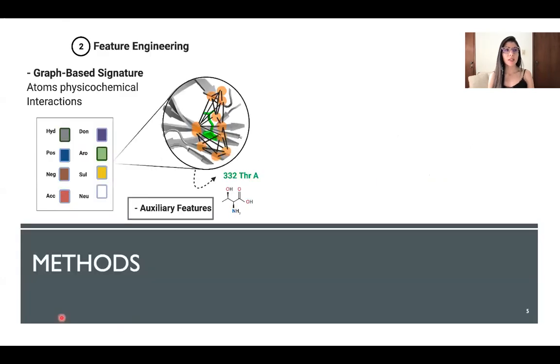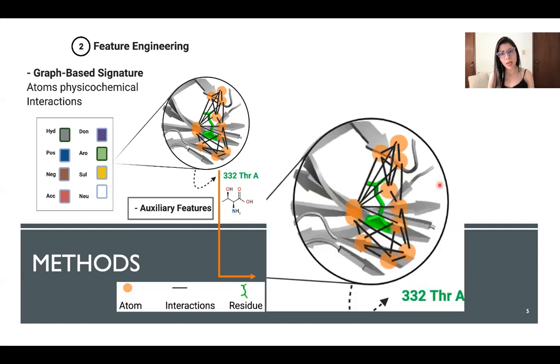The second stage is the feature engineering. We use the curated data to extract characteristics of both epitope and non-epitope residues. And we evaluated and adapted a mathematical concept called graph-based signatures to represent the geometry and the chemical composition of the environment surrounding an epitope. And the main idea behind this technique